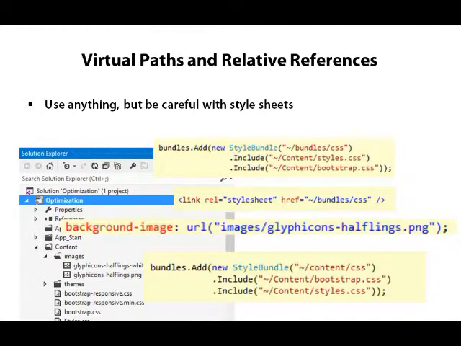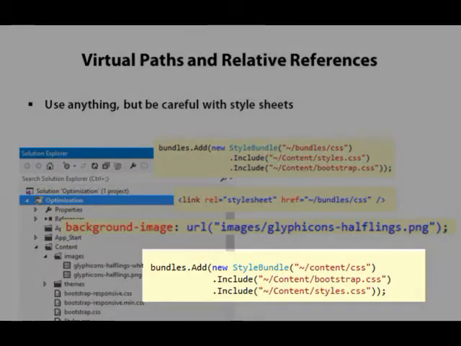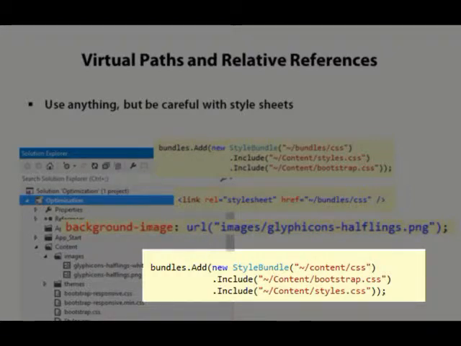So a working bundle config for this particular scenario, where we're going to use some of these styles that have background images specified, in that scenario I could use a virtual path of /content/CSS, because now the browser thinks the style sheet came from a file called CSS that is in the content directory, and when it needs to get one of those images, it will make a request to /content/images/something.png, and that's where that file actually exists, and the server will be able to return it, and all of